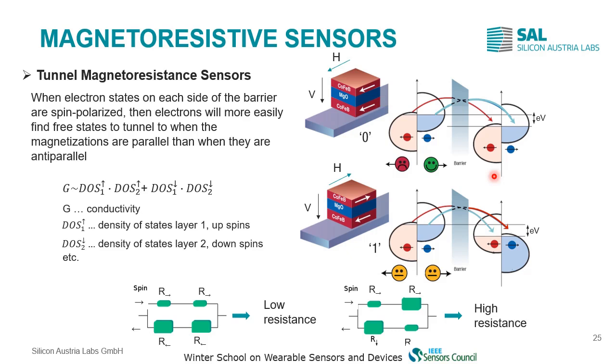The conductivity in general is expressed as the sum of the product of the density of states of the two different spin directions. So let's take this parallel case. We have here the majority spins, which fill the energy band almost completely, as opposed to the minority spins. The density of states at the Fermi level is higher for the minority spins than for the majority spins, and as we have seen in case of the GMR sensor, this means the minority spins have a higher resistance. There is a separation between the left and the right Fermi levels of E times V due to the applied